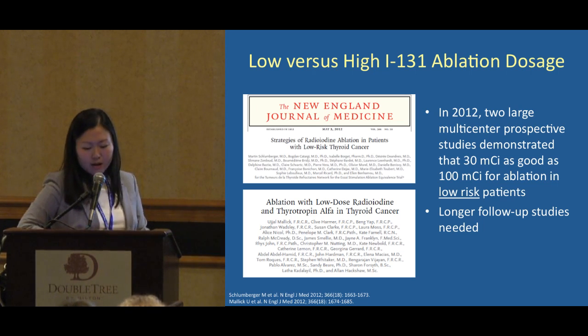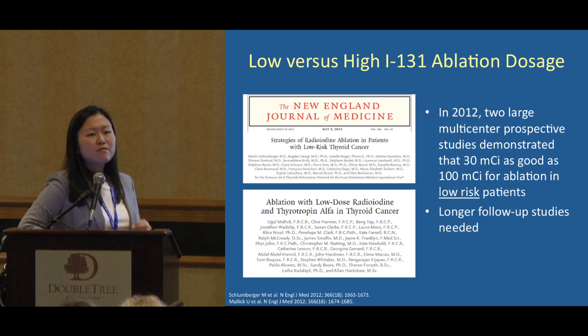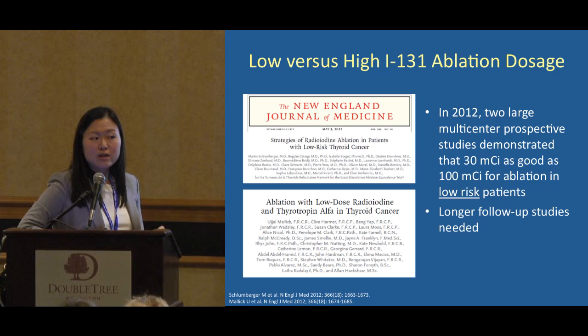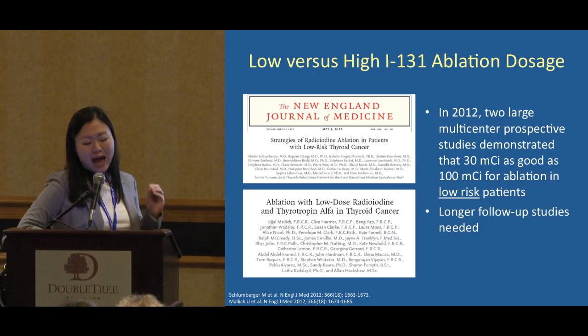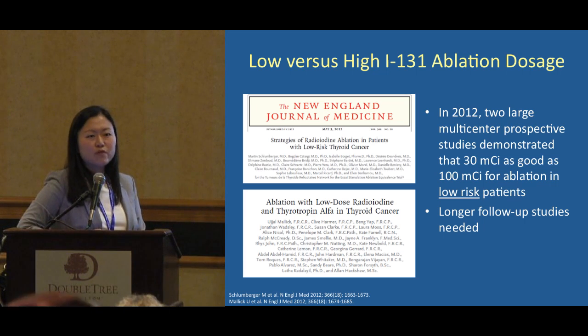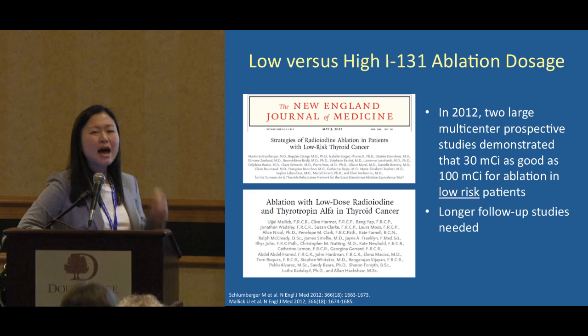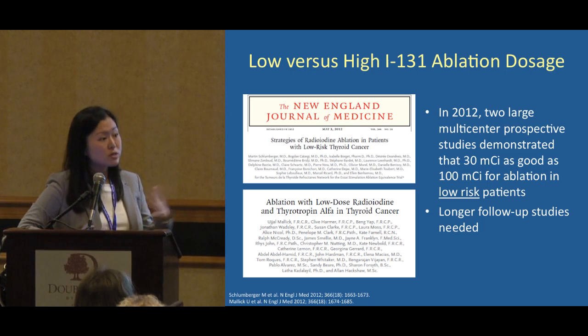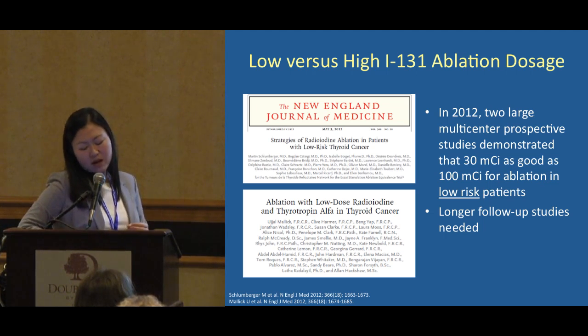Okay. All right. So the key thing about figuring out whether a patient needs remnant I-131 radioactive iodine ablation and how much they need really is going to be accurate risk assessment. And that's actually a big point that all the physicians are focusing on now, is accurate risk assessment. How do we accurately classify patients as low risk so that we can be more conservative about management versus being more aggressive about management because the patients are higher risk? So that's kind of the big point that people are working on,